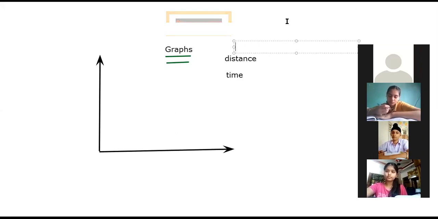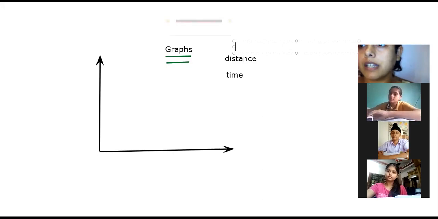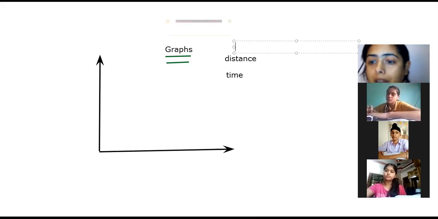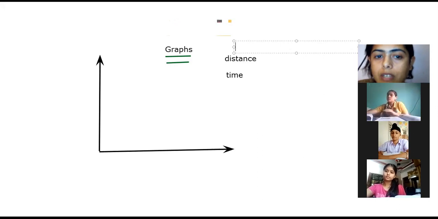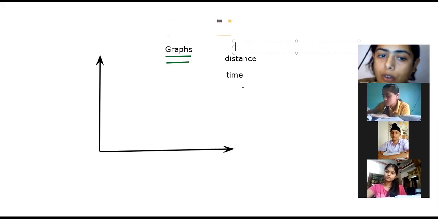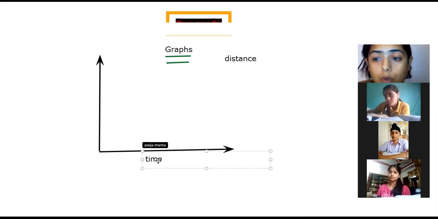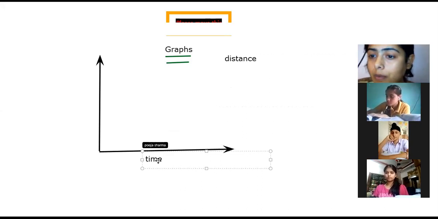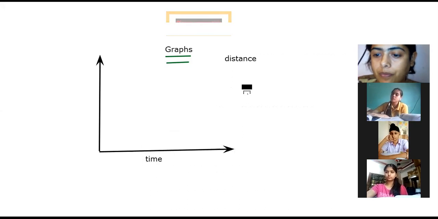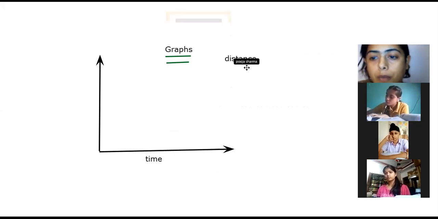across the x-axis. The reason behind it is that in graphs we consider the x-axis as the independent axis, and whatever thing is independent we write it across the x-axis. Now if you see distance and time, time is the independent one. Time does not depend on anything. You study, you don't study, you sleep, you don't sleep, you play, you don't play, the time will keep on moving. Fine. So it does not depend upon anything.